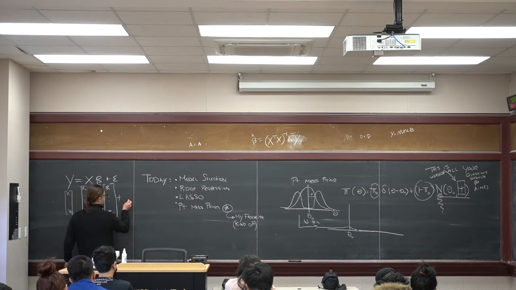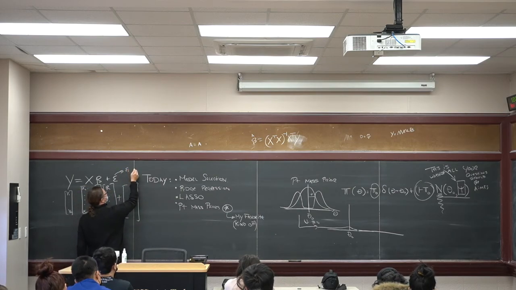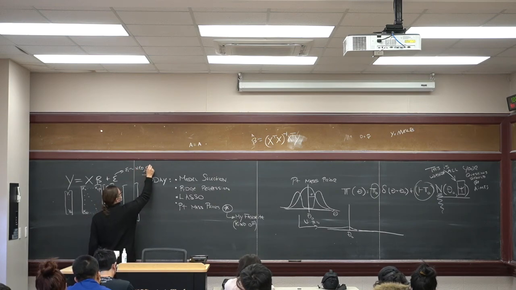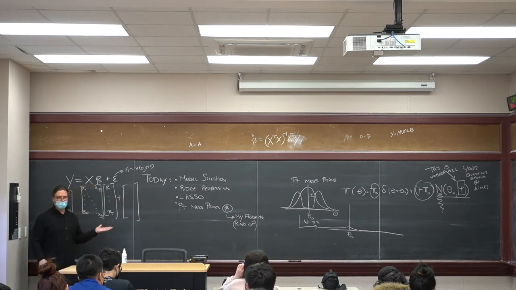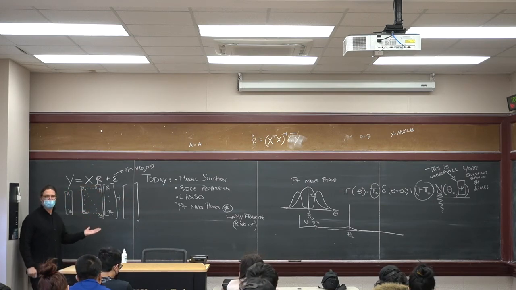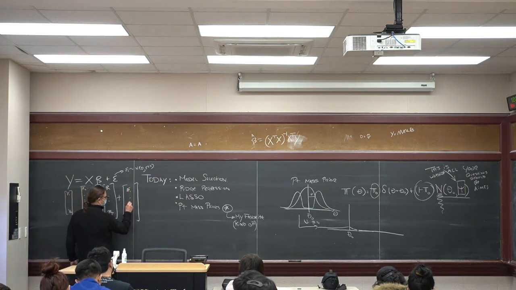And then you have your errors. So this is going to be my normal error right here. So these error i's are going to be normally distributed with the same variance. And if you don't like that, and you have different variances for different parts, you can do that. You can add it in. You can do the generalized linear modeling thing. But these are all your errors.